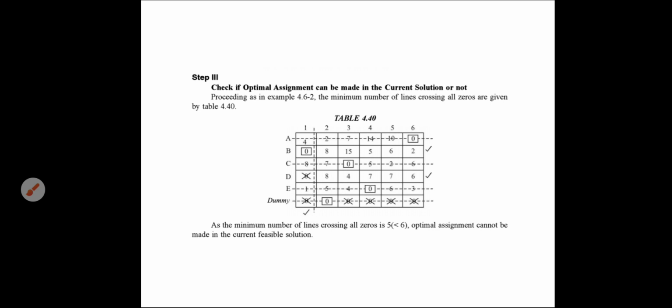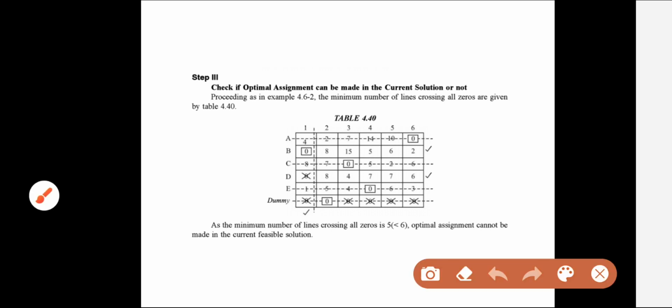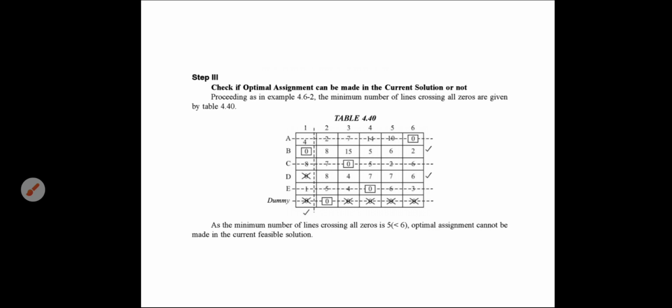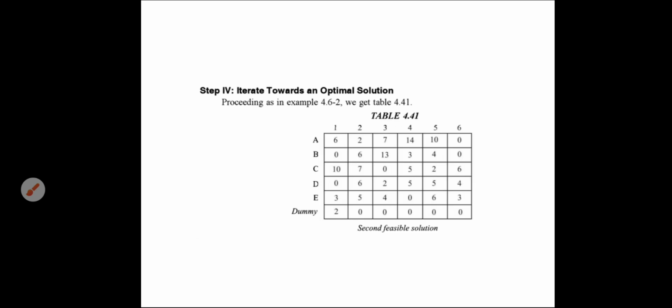You add this 2 value at the intersection points. Here 4 plus 2, here you will get 4 plus 2, then here at the center 8 plus 2, and here at E 1 plus 2. In this way you add, and the remaining values keep as they are. Okay, so once you do this, you will get this type of table. Now again you iterate, apply the same procedure. See here, does every row consist of 0 or not? Yes. Does every column consist of 0 or not? Yes. Now you start assigning.